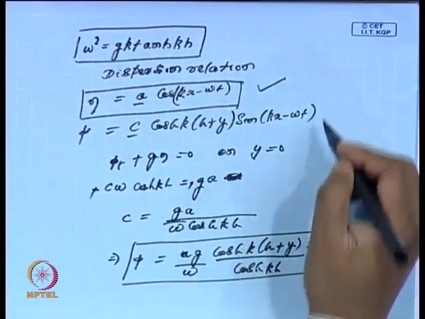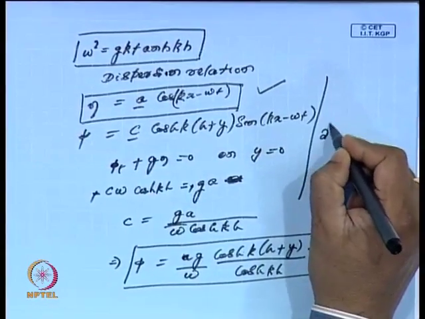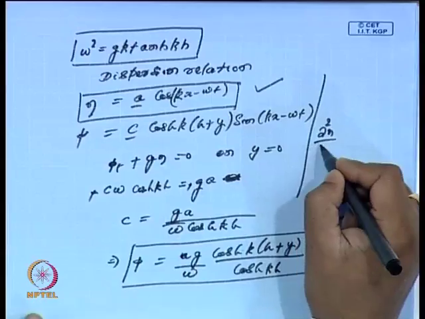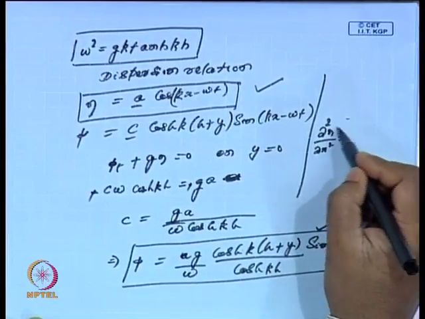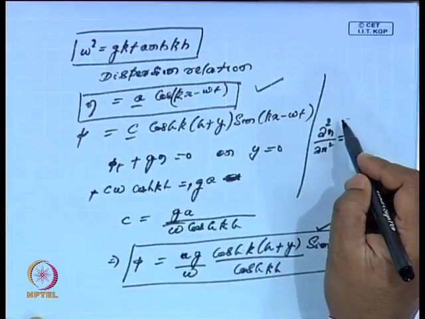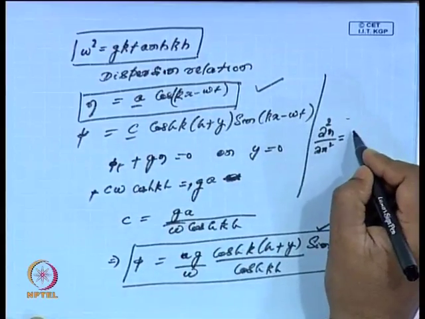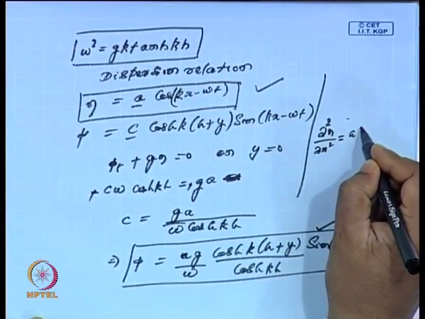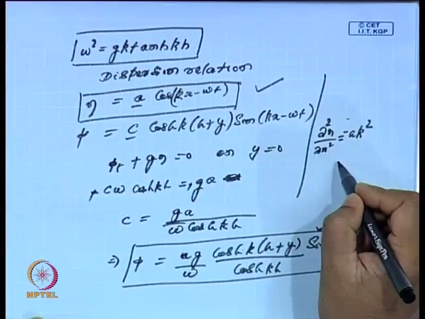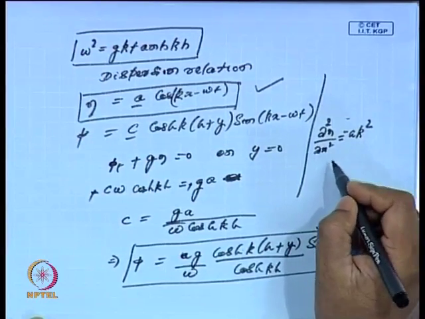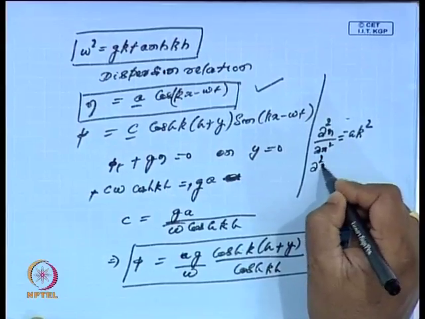Because we say that the form of the surface is eta equal to a cos(kx minus omega t), and this surface, del squared eta by del x squared, we have seen, will give me minus a k squared cos(kx minus omega t), and again del squared eta by del t squared